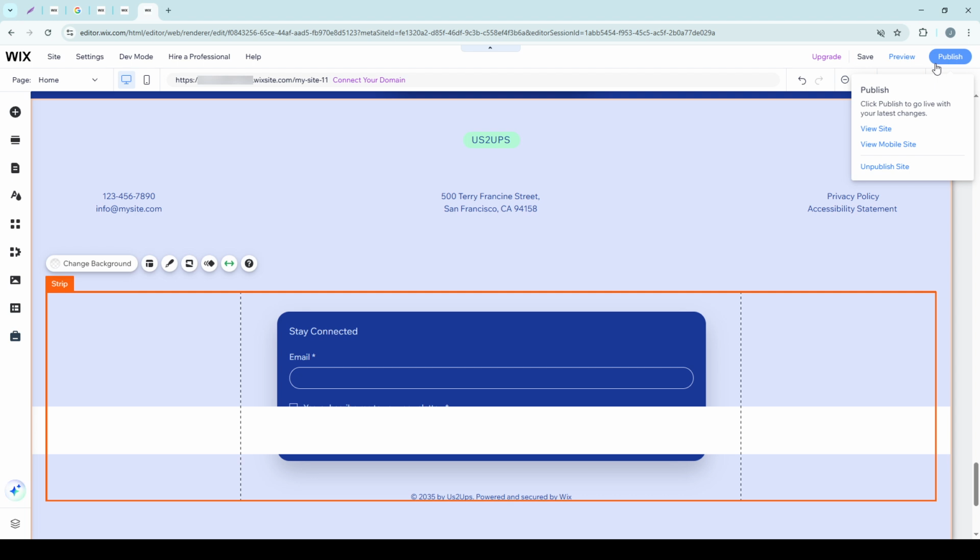And there you have it, a functional and professional footer ready to enhance your Wix site. Remember, a well-designed footer is more than just an afterthought. It's a vital